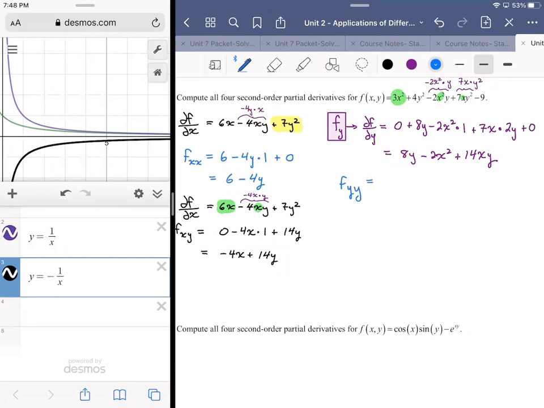This one, that first term is exclusively in terms of y, so that's good. That becomes an 8. The second one is exclusively in terms of x, so that's going to 0. Really nice circumstance there. The last one, the 14x, is really thought of as a coefficient of y. So you hang on to your constant multiple, the 14x, take the derivative of just the y, which is 1,